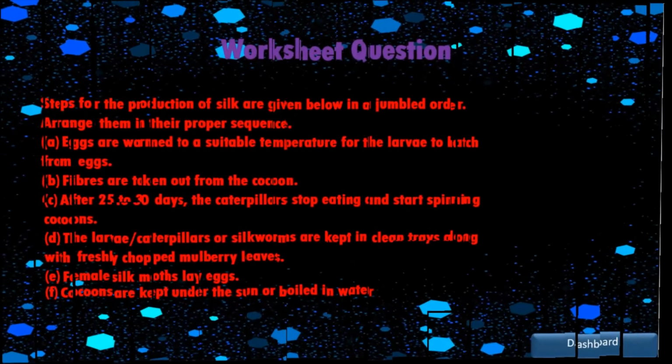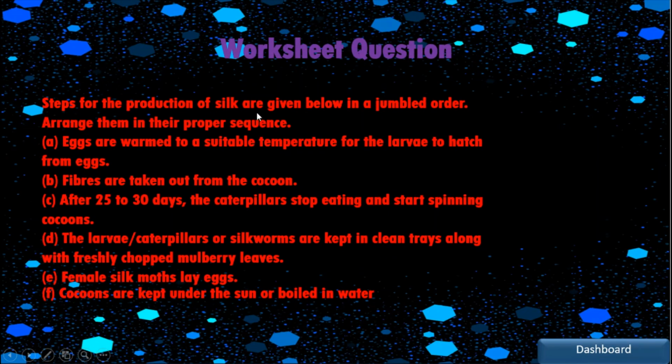So let's go to the fourth question. Here, arrange the steps of silk production, which are given in jumbled form, in proper sequence. So first, the female silk moth lays eggs. So that is first. Let me take one light color, yellow here. So first is this, and next,